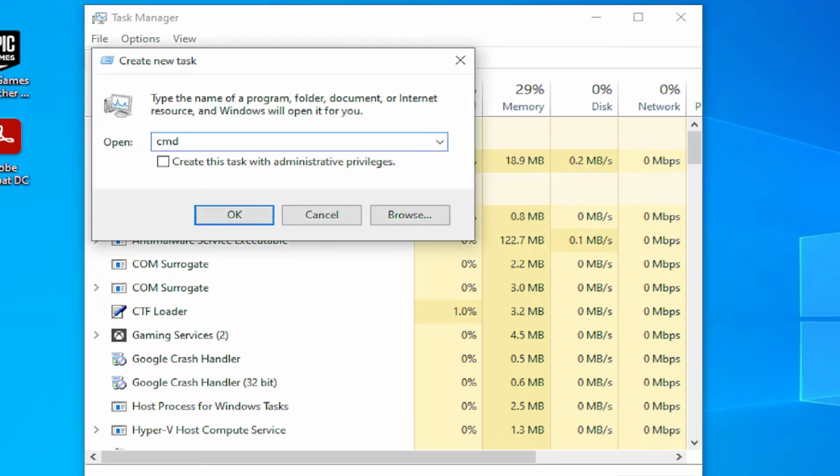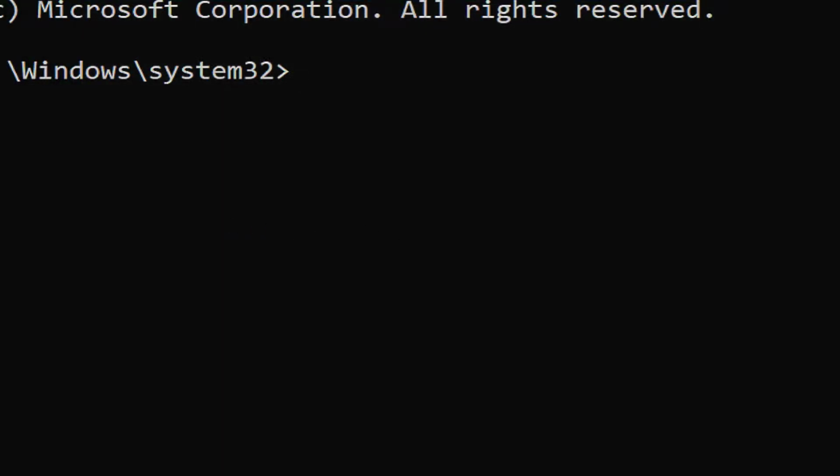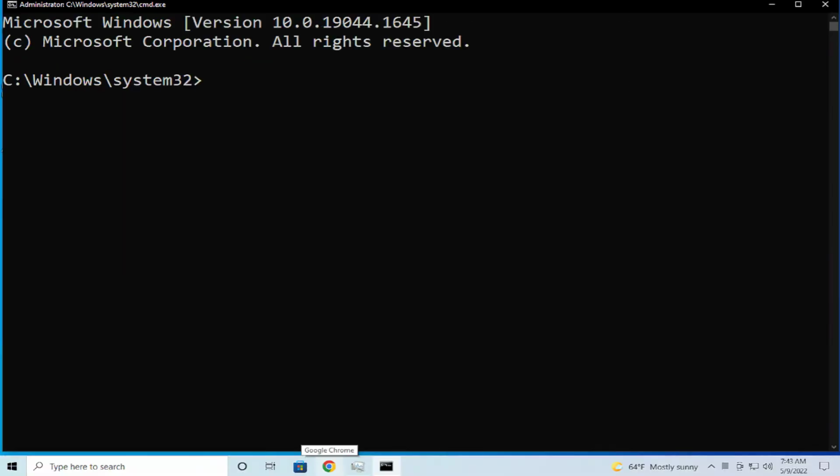In this new option, type CMD and mark this option, create this task with administrative privileges, and click on OK, and you can see this window, Administrator. Type this command,